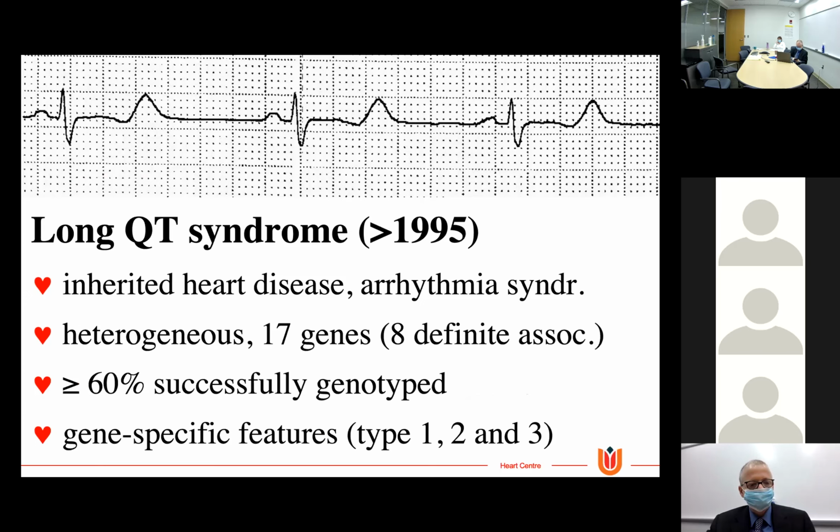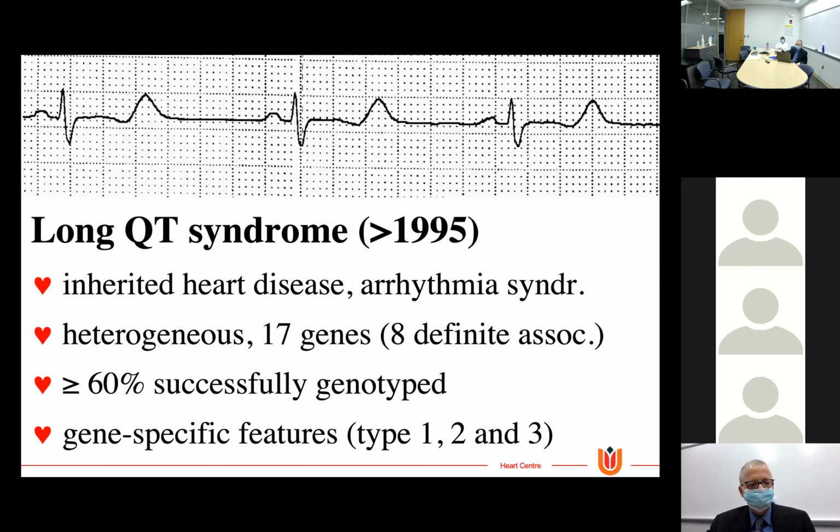And after 1995, the genes that were associated with long QT syndrome were recognized, and it became quite complex in these early years because the disease proved to be heterogeneous, which means that more than one gene is involved. In different patients, different genes are involved. And the number of different genes went up to almost 17, but in very recent years, it was brought back to 8 with a definite association. So there are 8 different genes that are associated with long QT syndrome, and the other 9 have some limited or disputed evidence. If you start genotyping in a patient with a definite diagnosis, then in about 60% you will be